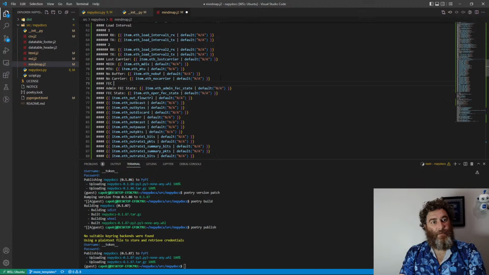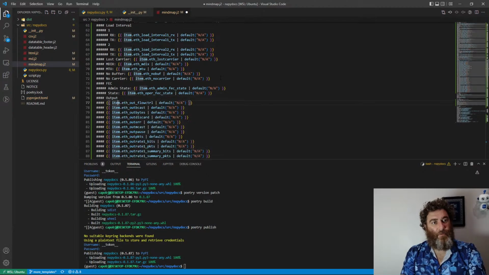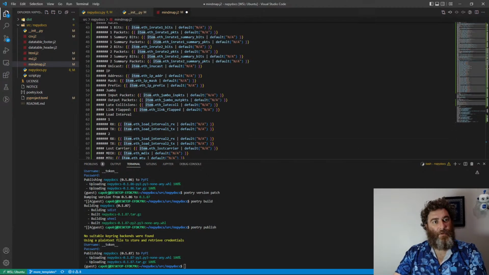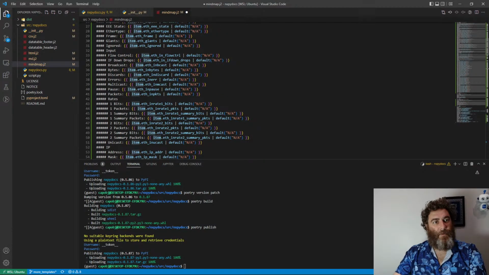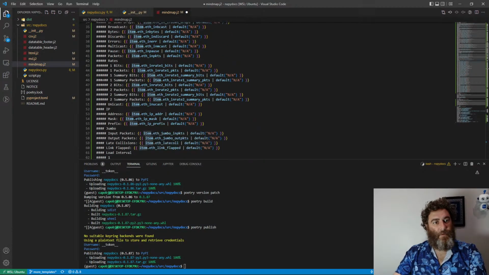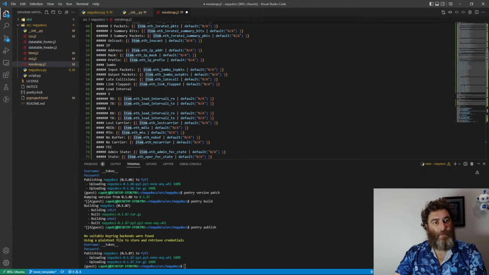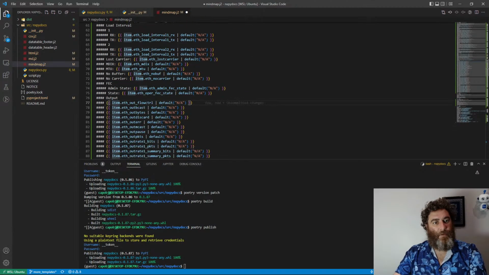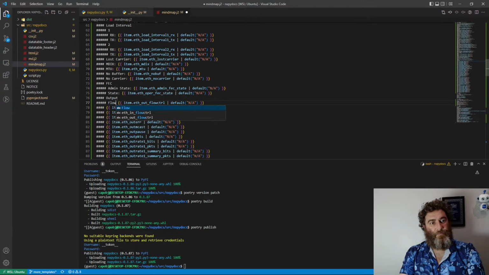FEC admin state and state, and now I'm into output flow control,